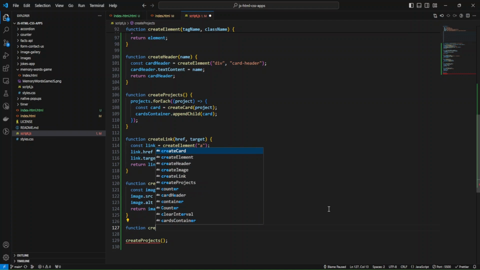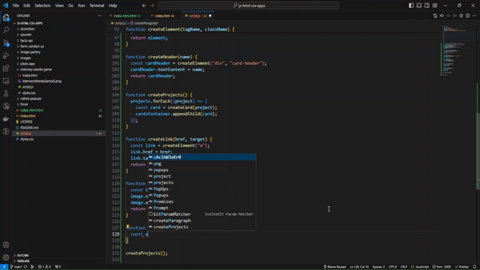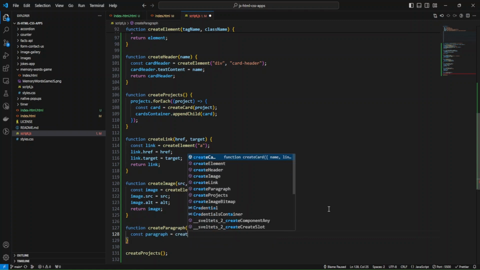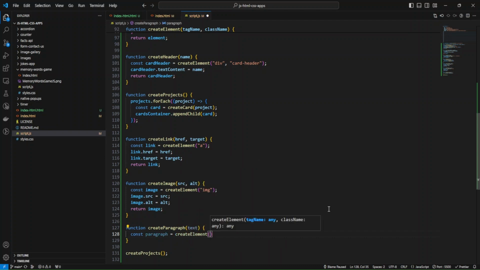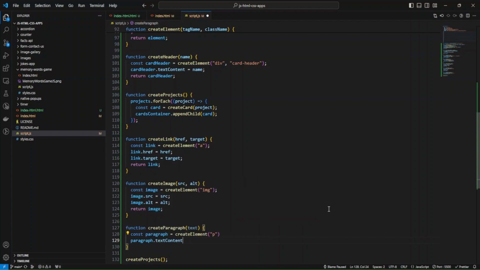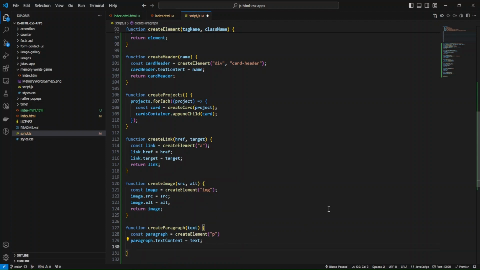Function createParagraph, and as a parameter I'll pass just text. Inside this function we are going to create a paragraph and use our createElement function, and pass inside it just p. We need to assign some text content to our parameter text, and just return this